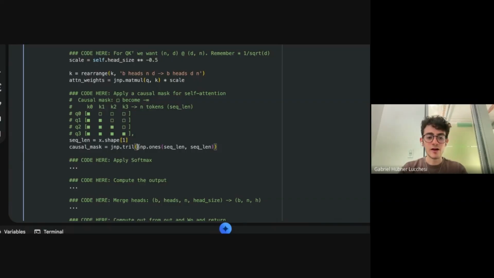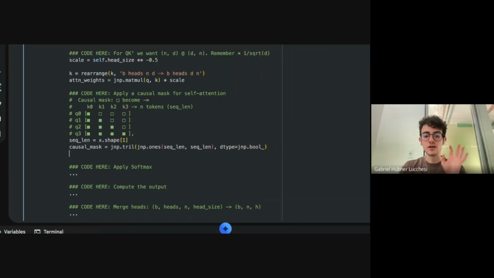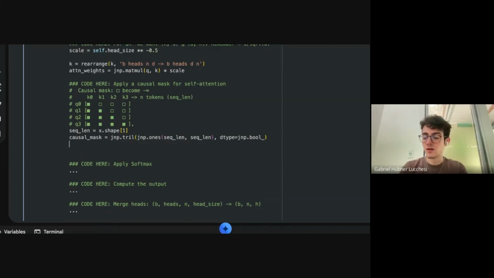And then I'm just going to define a square matrix that has ones across these little triangles. In case we don't want a one, we just want them to be Boolean, because you're going to see that we're going to do a little function that sees whenever we see a true, we actually compute the attention, and whenever we see false, we don't compute the attention.